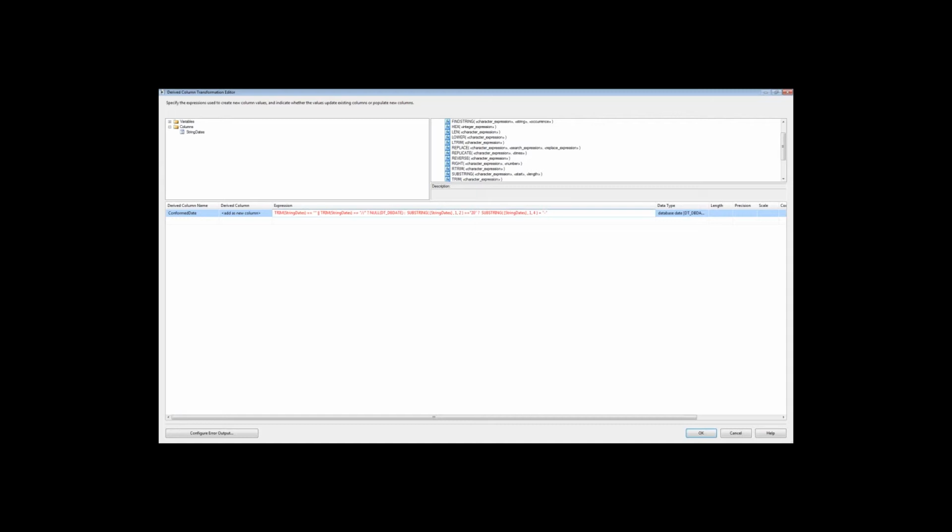So it'll be 2000 whatever, plus substring, again, we'll grab string dates, drag it over, starting at position 5, and the length of that will be 2 characters, plus